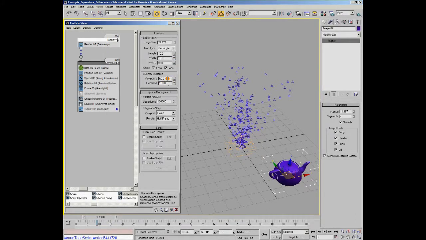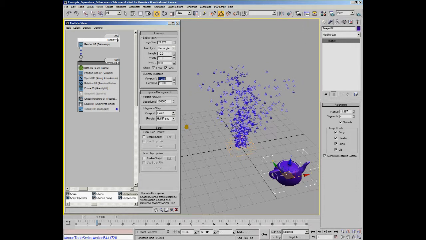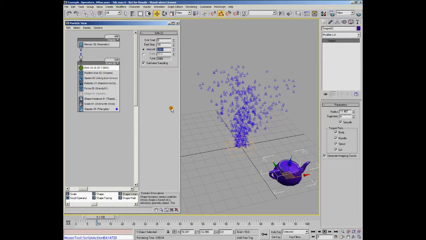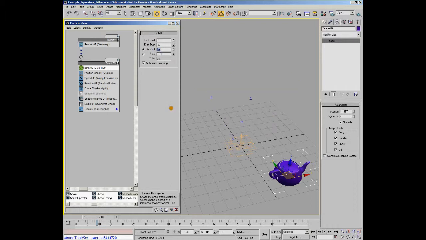If we go up here, we see we've got a display of 50%. I'll actually change that to 100%, and I'll change the number of particles to a much lower number so we can see it a little bit more clearly. Then I go down to the display operator and I'll show on particle ID. I'll just change the display type to something a bit less obtrusive, dots, and I'll scrub back to the first frame,